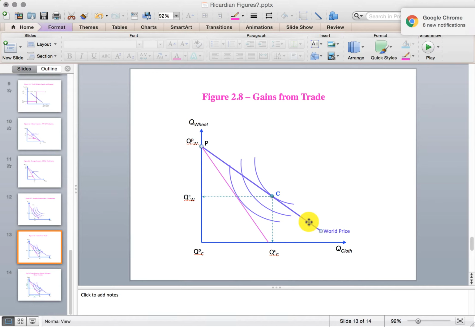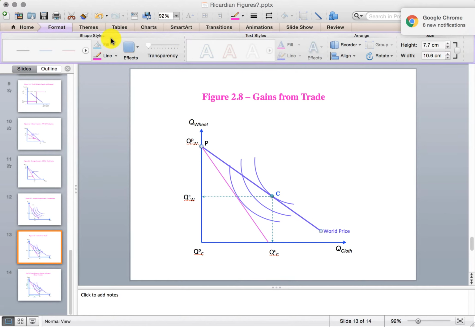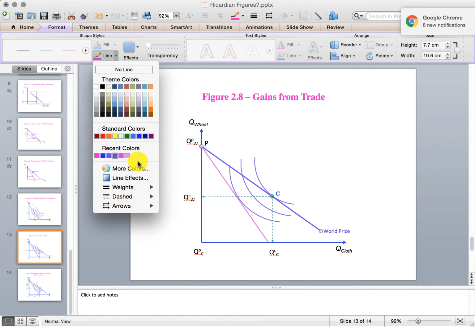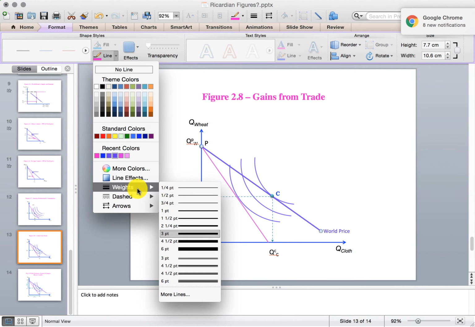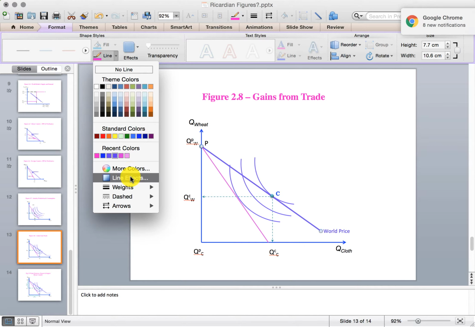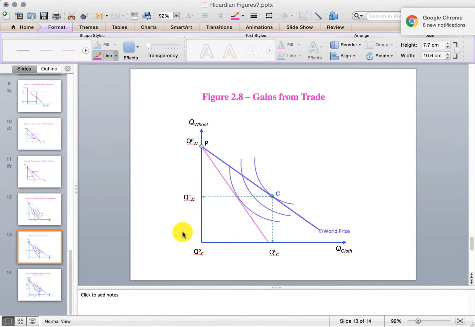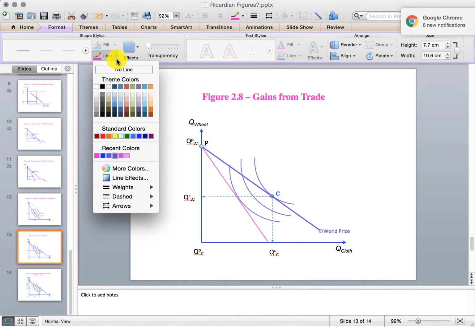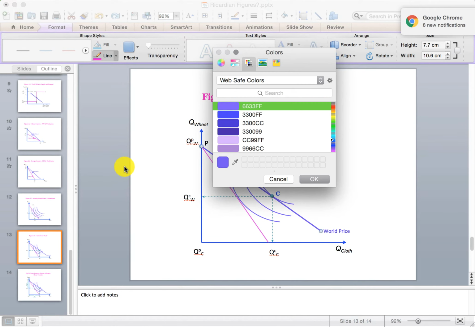So we have blue, and then we have the pink, and then we have the purple color to distinguish between them. So the purple color that I'm using, again, we go into the weight is always going to be 3 points for most of these graphs, and for all of them actually, unless I specify that I want some graph which is of thinner width. Most of them would be 3 points, so 3 point again, and the color, go to more colors, and I'm choosing a purple. It's 6633FF. Yeah, so that's the color for the